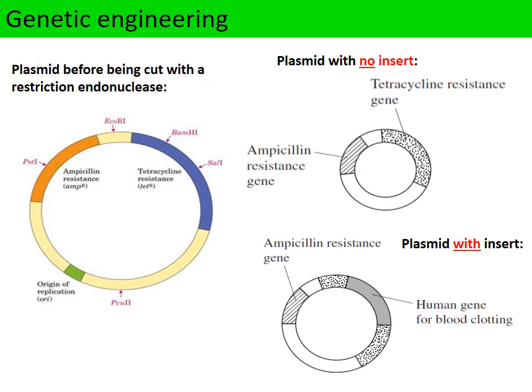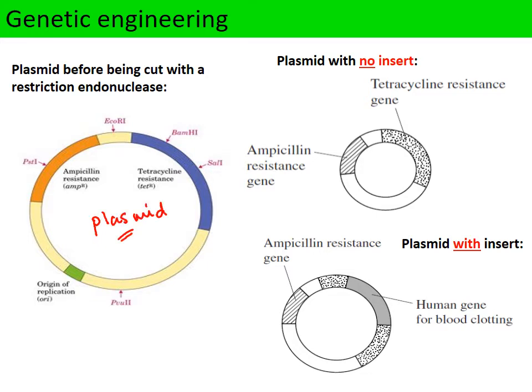Now, once we've inserted the human gene into the plasmid, we need to be able to insert the recombinant plasmid into a bacterium and then identify which bacteria actually have the recombinant plasmid. So we're going to use marker genes to do this, and they're genes that we find on the plasmid itself as part of the bacterial plasmid. So if we look at the plasmid on the left hand side,